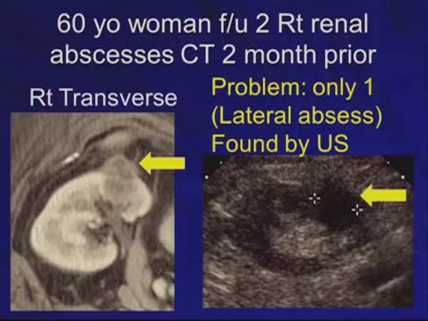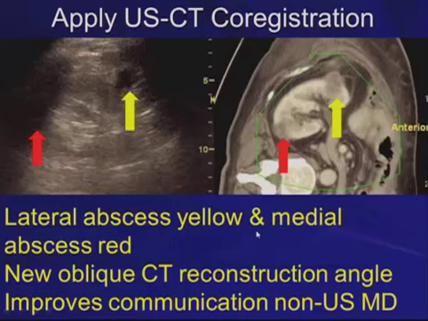We got to find both abscesses. So I sent him back and said, use the co-registration. And once he did that, he immediately knew he could find it. And so here it is. So the lateral abscess is yellow, medial abscess is red. We could definitely see both of them,